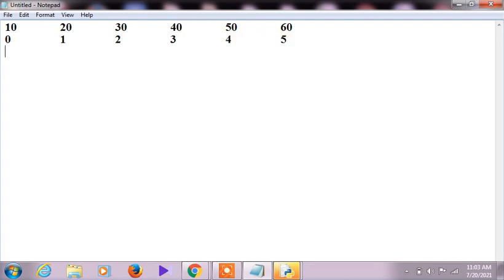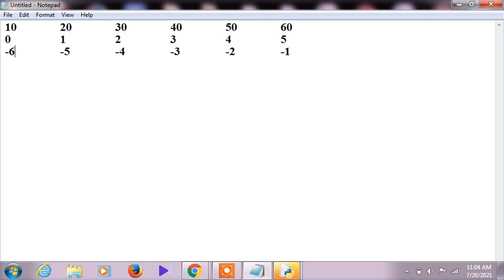But when I am reading from right to left, this will be -1, and then coming back over here, this will be -2, next -3, then -4, then -5, and then -6.